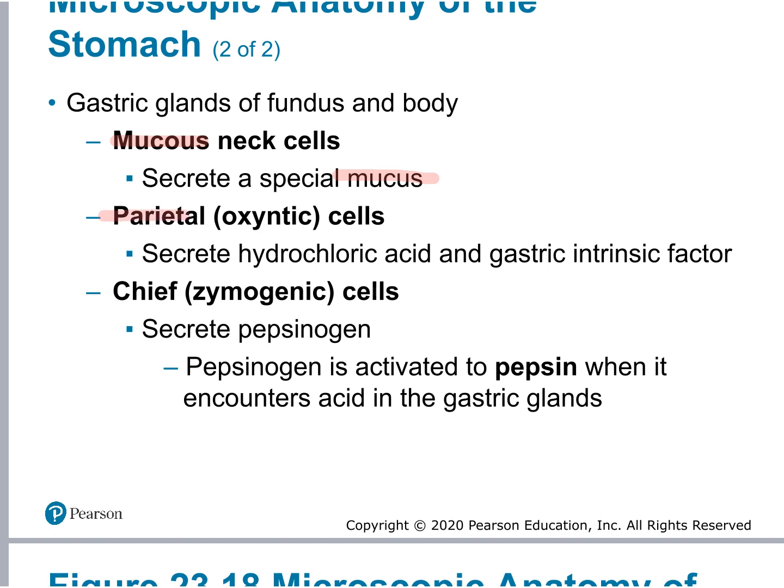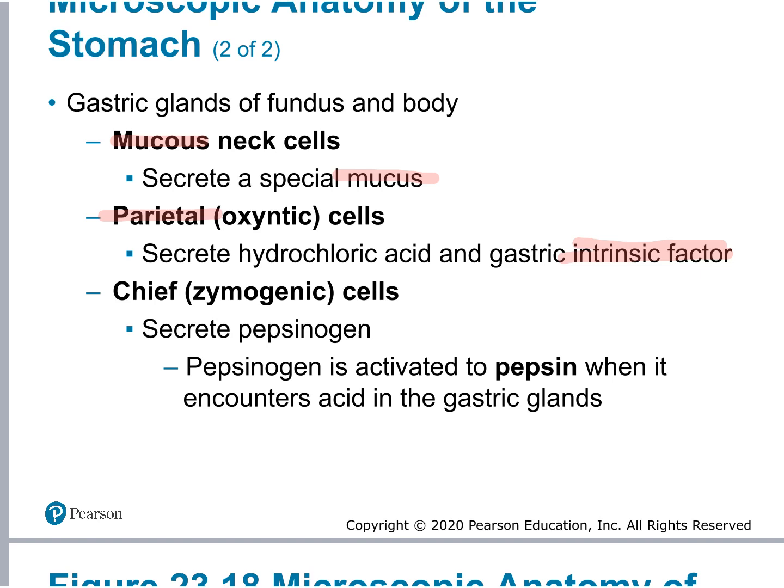Then we have parietal cells. Parietal cells produce two types of secretions. It produces intrinsic factor. You can write this down. Intrinsic factor allows you to absorb vitamin B12 from your diet. Vitamin B12 is essential to making red blood cells. The only way you're going to get vitamin B12 is through your diet. Most of the time it is through red meat, but you can get it through certain vegetables like spinach. But anyway, the intrinsic factor binds to the vitamin B12